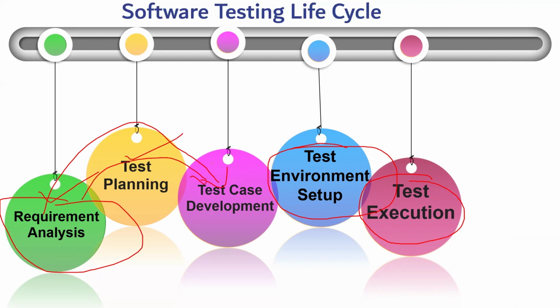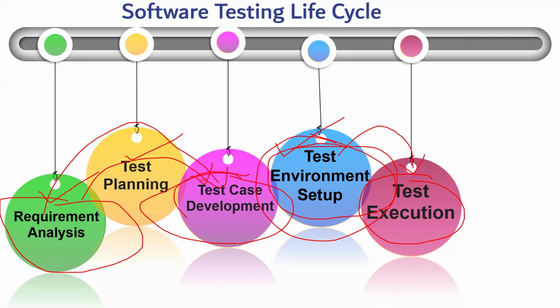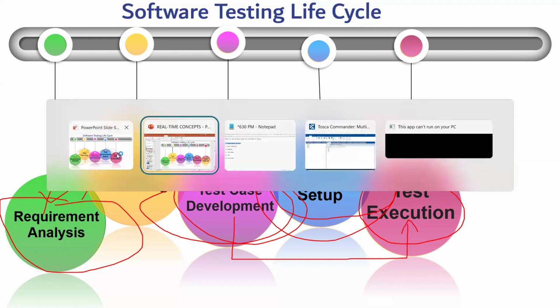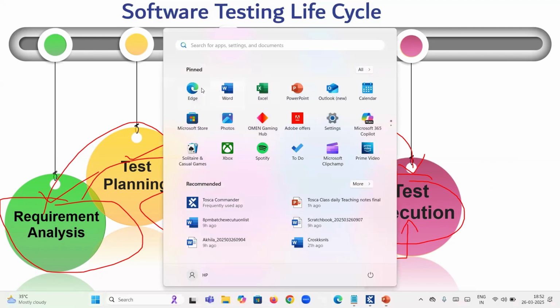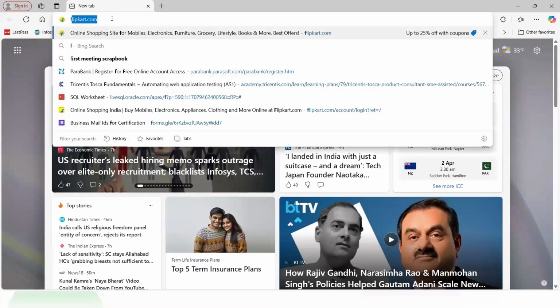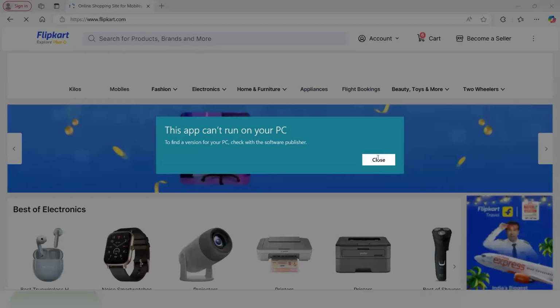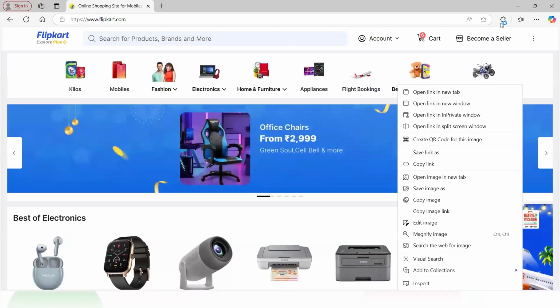Based on your requirement, you will write the test cases, and these test cases should be executed, right? You will execute in which environment, either lower or UAT. Generally, the tester will have some environments, guys. After that, we will move to the test execution. You wrote the test cases, right? Based on the test cases, you will execute them. For example, if you have any application and a new feature is added, for example, the feature become a seller.